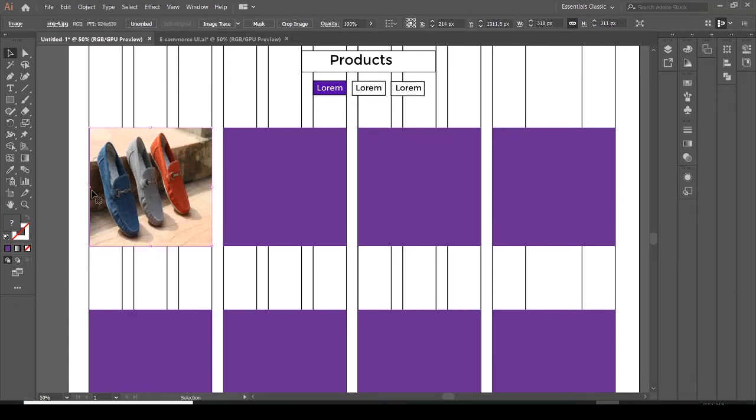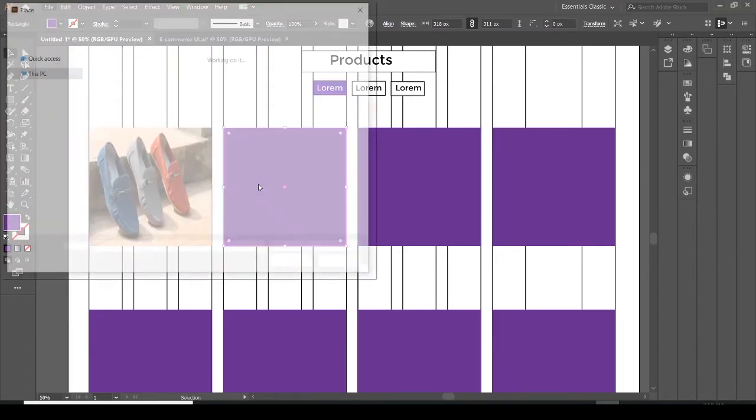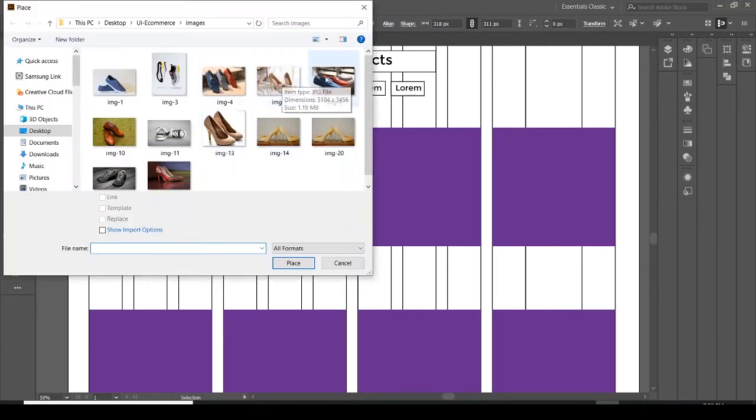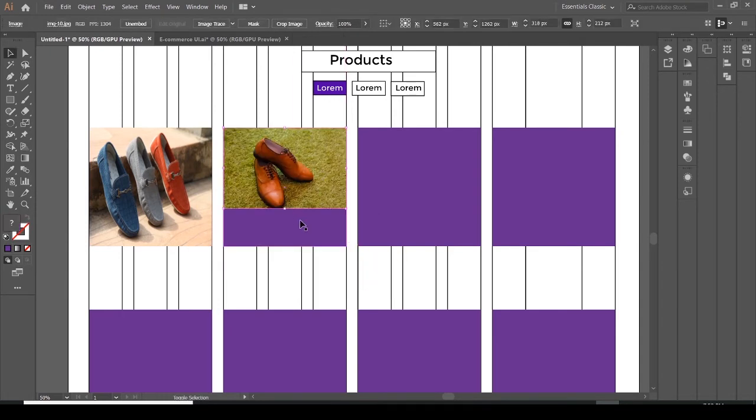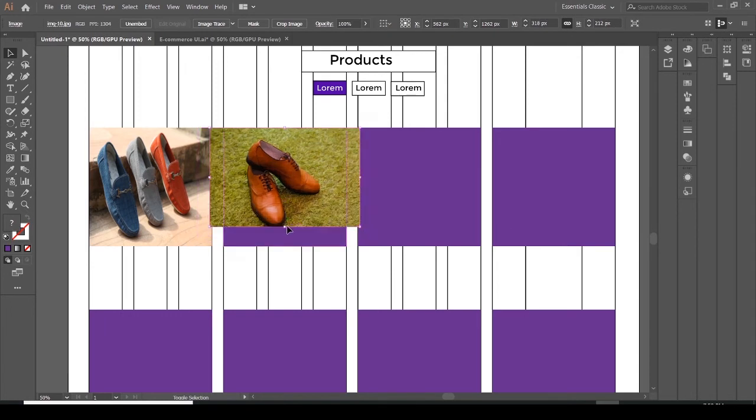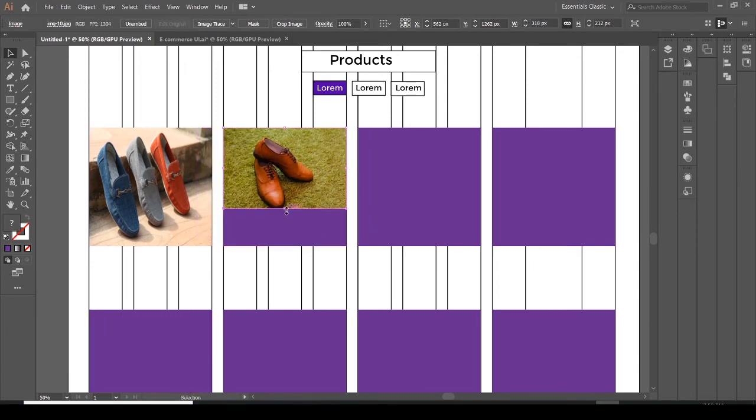I'm using some kind of shortcuts. My image quality is not so good as it has to be, but it's okay. Just bear with me with some poor quality of images, or the way I'm not designing it well, I think. Then I want to place this image. Okay, let's place this one here, and not this, but